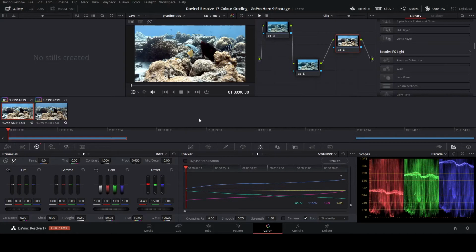From here on, it kind of just depends on how you want your clips to look. I'm not going to edit this clip too much, so I think I'm just going to add some contrast a little bit. And then I want my clip to look bright and vibrant, so I'm going to add a bit more light in the highlights, add a bit of color boost,